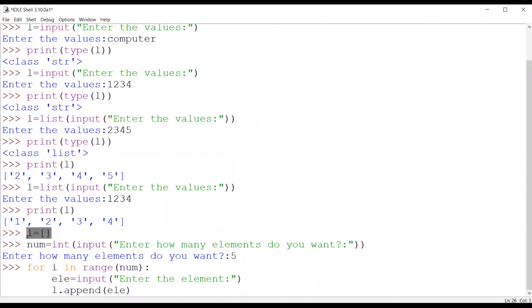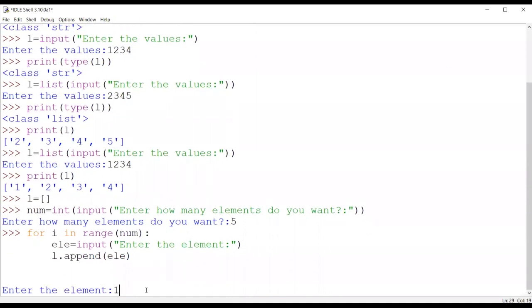So this is an empty list, but once I accept the first element through the input statement, I'll be adding that element into my list. So 5 times I'll be accepting values and 5 elements will be appended in my L list through the statement.